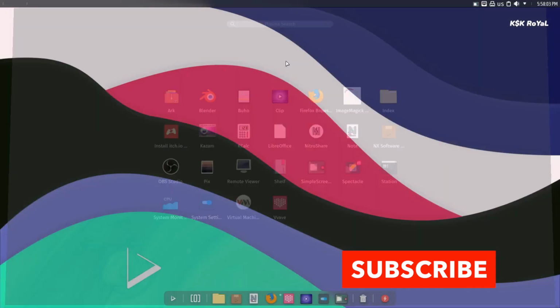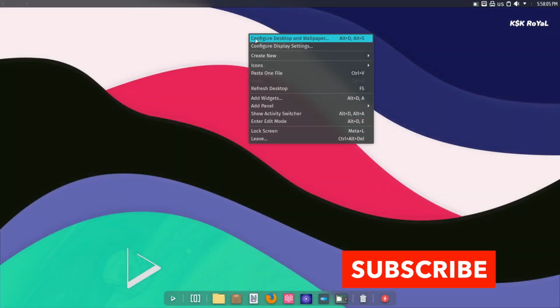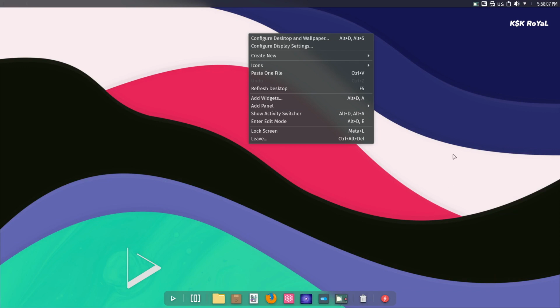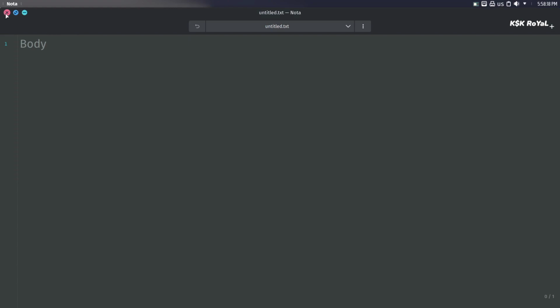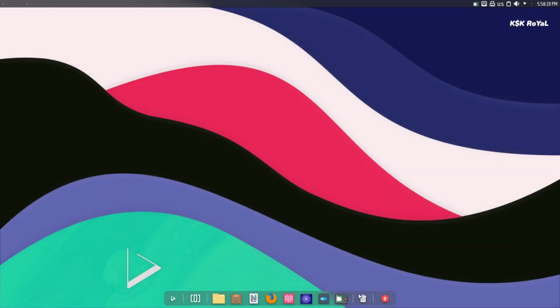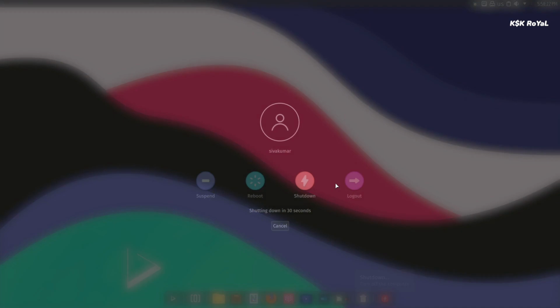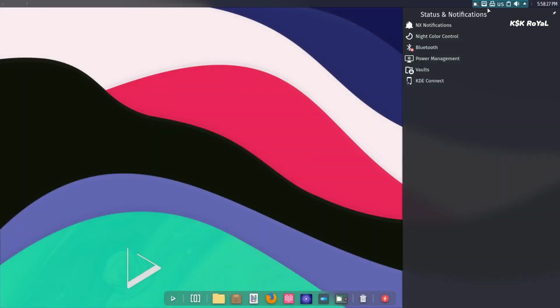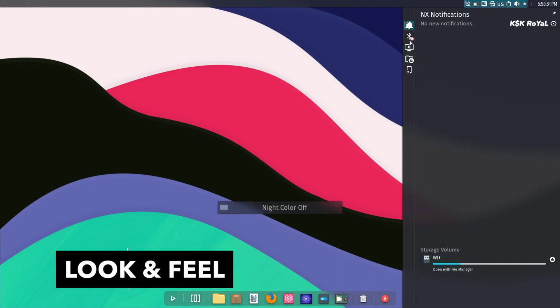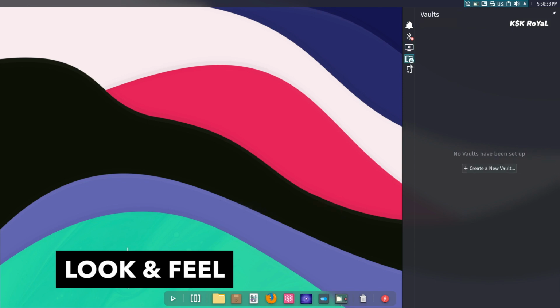Nitrux OS is a stunning Linux distribution that is based on Debian and uses NX Desktop, aka Customized Plasma Desktop. Nitrux comes with its collection of applications built with MAUI Kit and Qt frameworks. The unique look of NX Desktop and MAUI applications makes it one of the good-looking Linux distributions up to date. From the very start of using Nitrux, you will be amazed at how well it's customized in terms of look and feel.